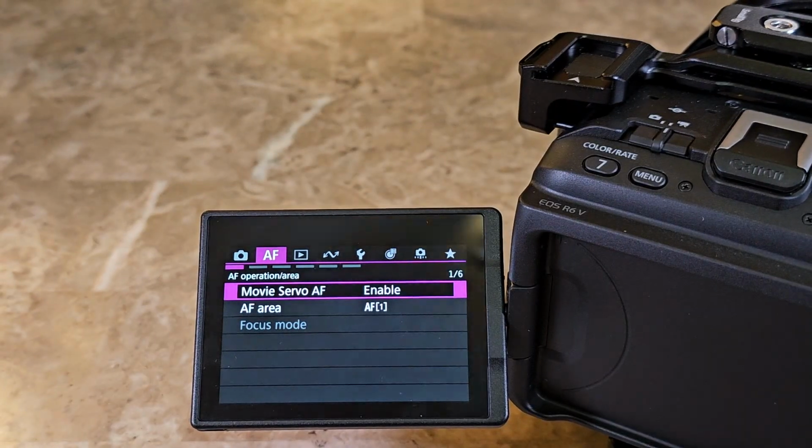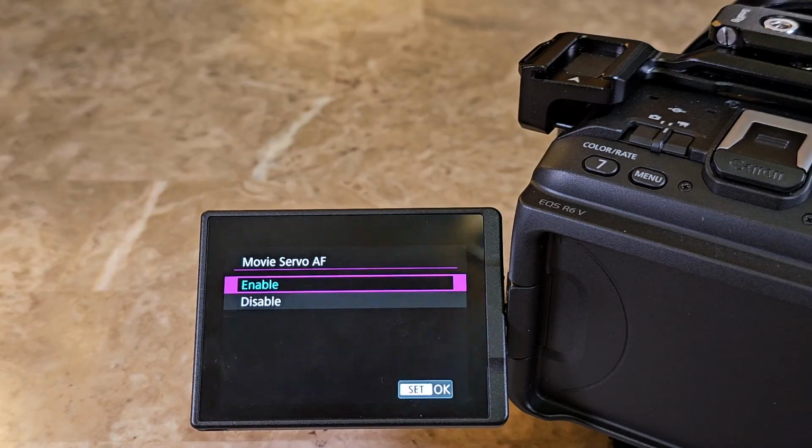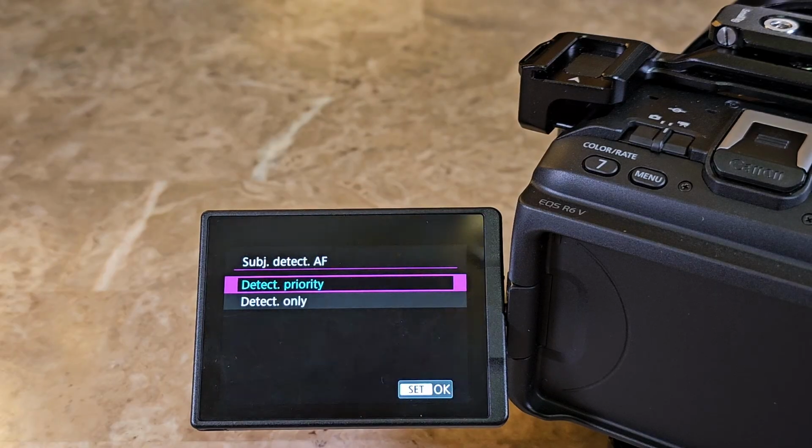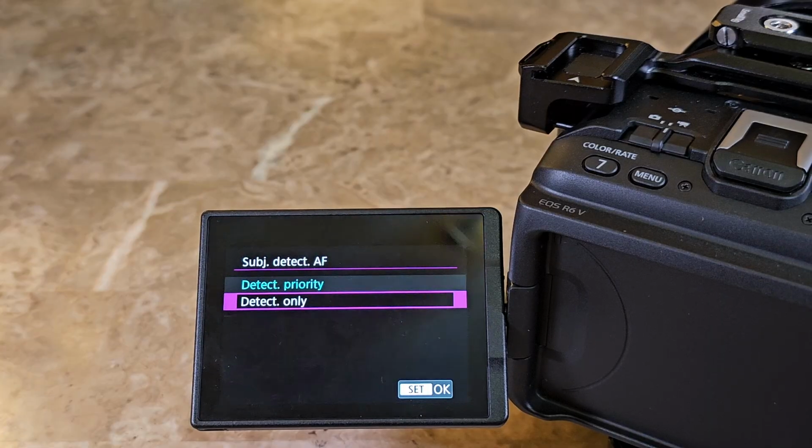Autofocus. Now, autofocus, you're gonna do enabled. You don't wanna do disabled, so you're gonna have enabled. There's detection priority. I would say don't really worry about this. You could do detect only. And what that means is, like,